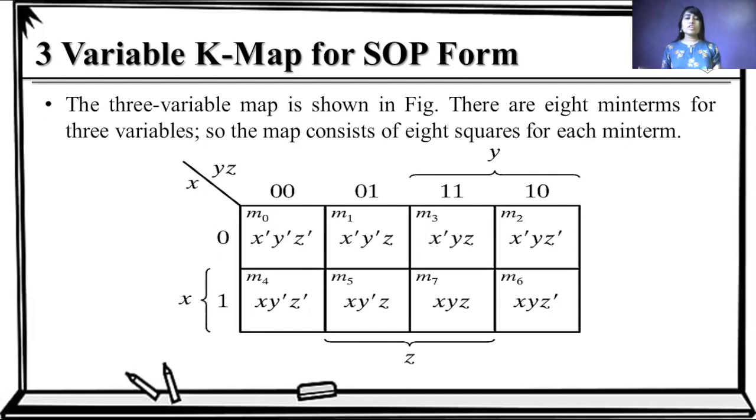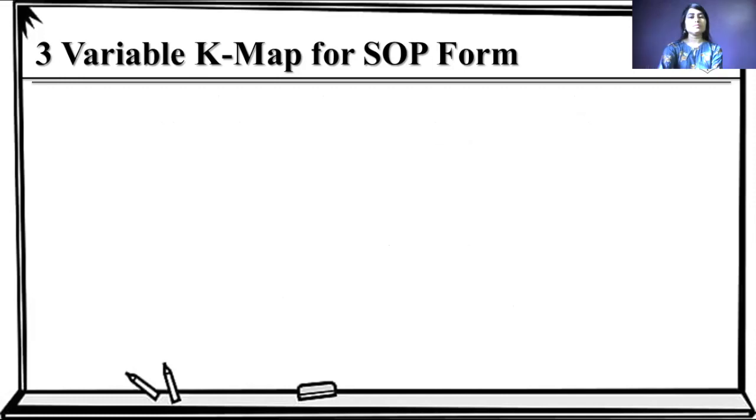Okay, if we can make a group of 4, then first we have to make a group of 4, not groups of 2 and 2. And remember, as this is a binary value, we have to make groups in powers of 2. So we can't make a group of 3. Okay, remember here we make groups of 2 variables accordingly.